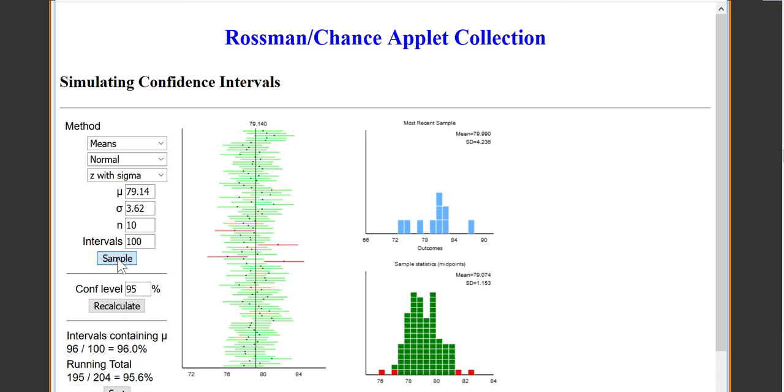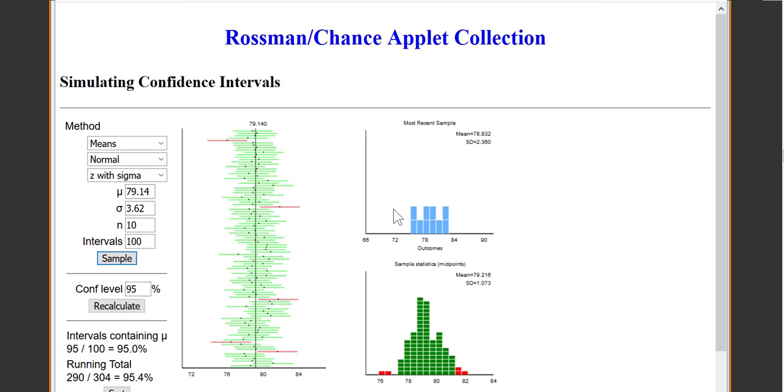So notice every time, again, I get different samples and values, which gives me a different sample mean, which gives me a different confidence interval. But overall, 95% of our confidence intervals should actually contain our population mean mu. 5% of them will not. When you take a sample and pick a confidence interval, there's no way to know if it's one of the good confidence intervals that contain mean mu or whether it's not.